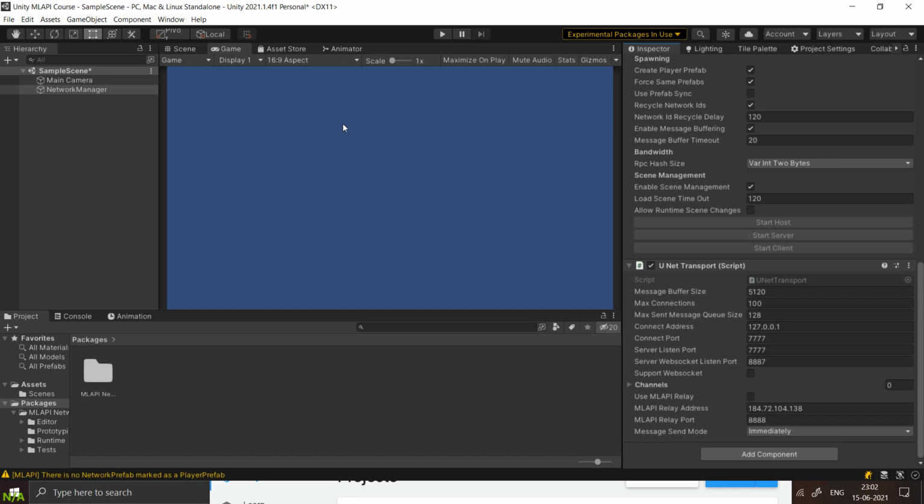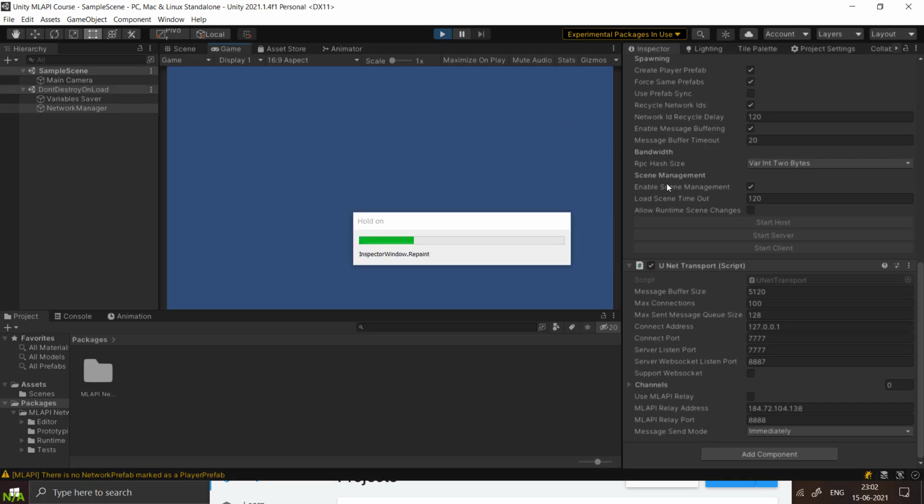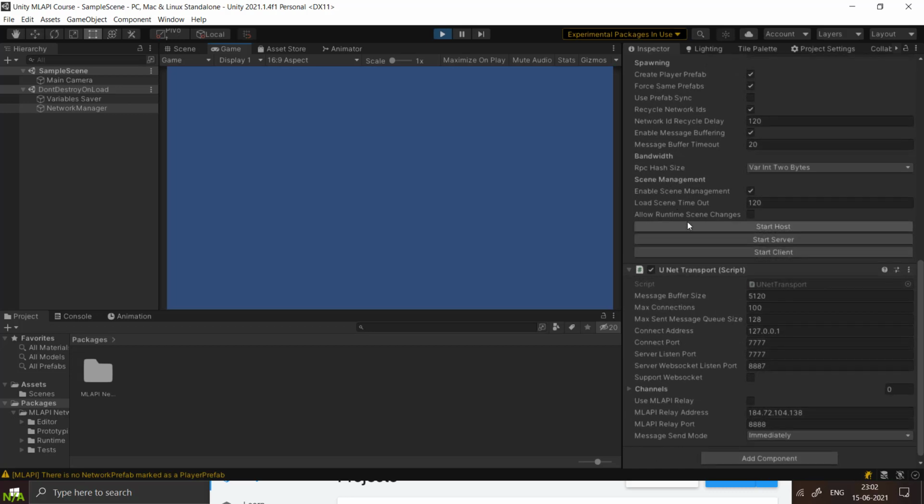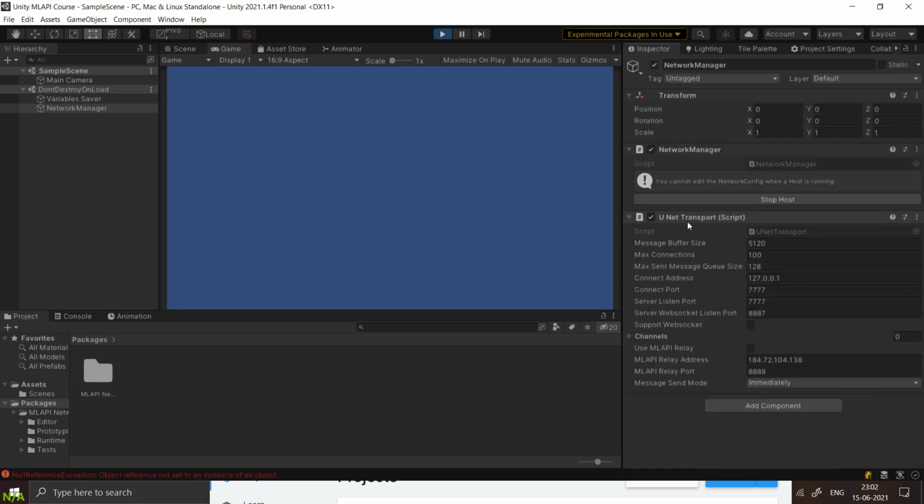Now let's do a small thing just to play around with. Play, and start host. That's all. Our host is started and running. So now Unity is actually hosting our server, and there is also a client here. Because there were no actual scripts attached, you cannot actually have anything, but it worked. The hosting process started.